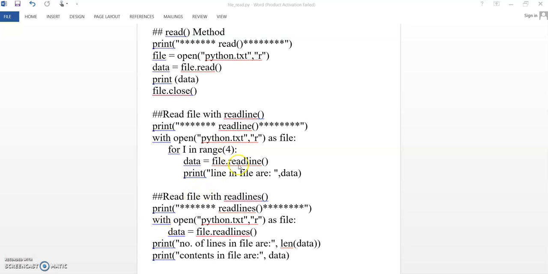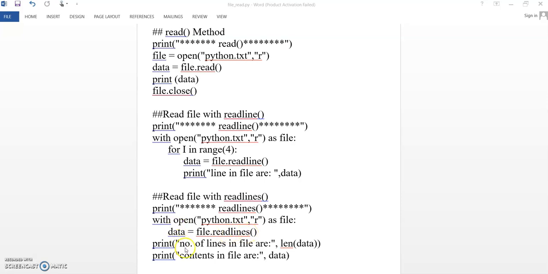Next, I have applied the readline method on the file object and then printed line by line, one by one. After that, I have used the third method, that is readlines, which will read the data at a time. Here I have also used the same with statement to open a file, set file as the object, and then applied the readlines method.